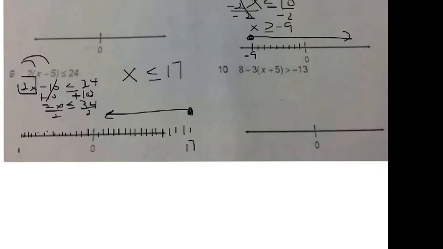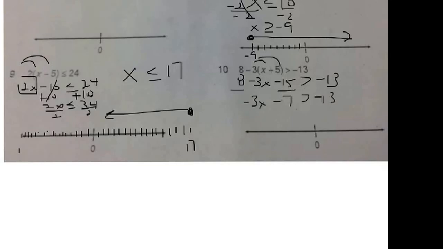Here, on number 10, got a double rainbow. Bring down your 8. Negative 3 times x is negative 3x. Negative 3 times 5 is negative 15. Greater than 13. Over here, I think we're ready to combine like terms. 8 minus 15 is a negative 7. Bring down your negative 3x. Greater than negative 13. We'll just keep solving here. Plus 7, plus 7. So that'll be negative 3x. Those will cancel. Greater than